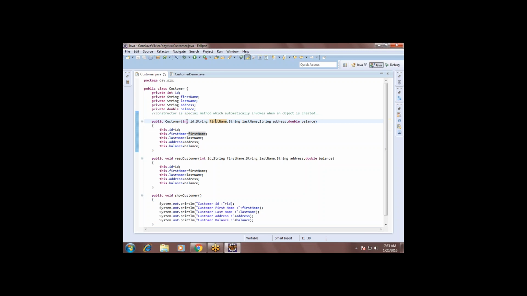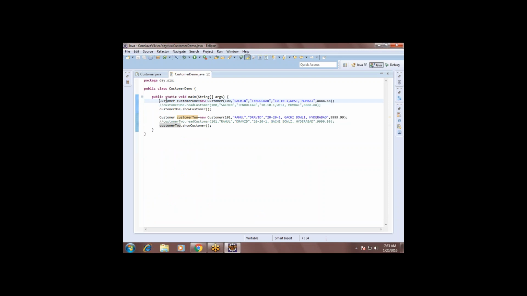But still there is a drawback in the constructor: it will be called only at the time of object creation. You can't explicitly call the constructor. But for initializing an object, the better practice is to go with constructors only. That is called a parameterized constructor.